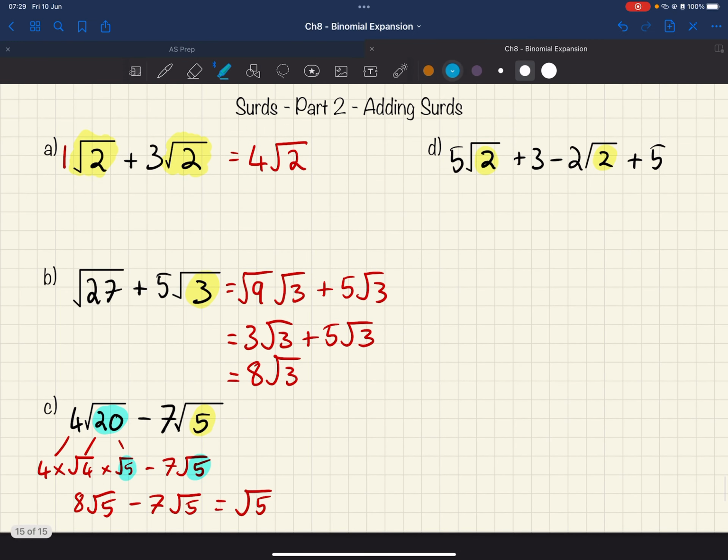And finally, the last one. Now, this is the one that is most important, because when we're expanding a double bracket with surds, we often get terms which are like this, where we get the first term, the inside, the outside, and the last term. Whatever method you use, you'd end up with something like this. So what we need to be careful of is collecting like terms. So 5 root 2, take away 2 root 2, is going to give me 3 root 2. Plus 3 plus 5 is going to give me plus 8. So, again, these are all the example questions for the part